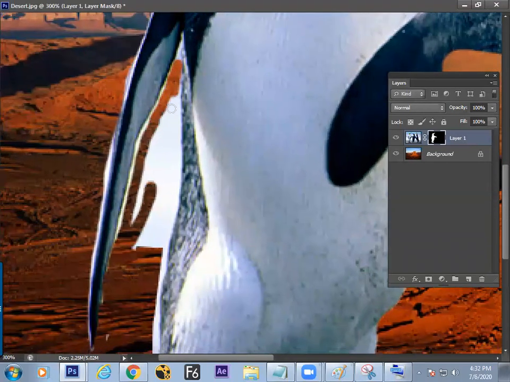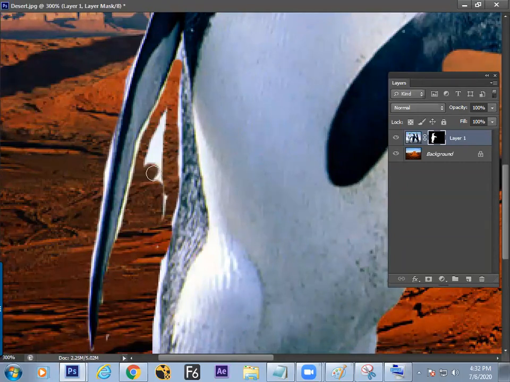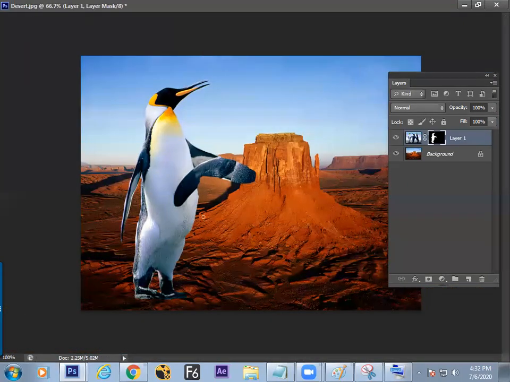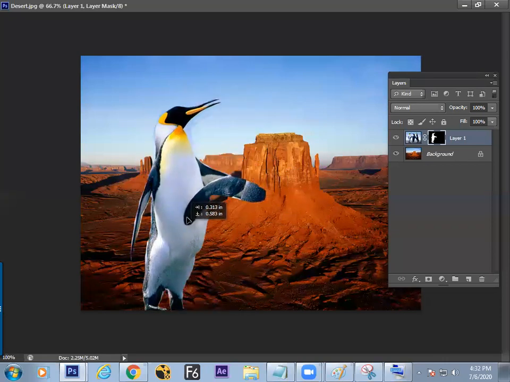Wherever your selection is difficult, you can paint with the brush. No need to worry about whether it comes out perfect or not. There are a lot of places where it is to be used. But to show you how photo cutting is possible through masking, that is what we are seeing.